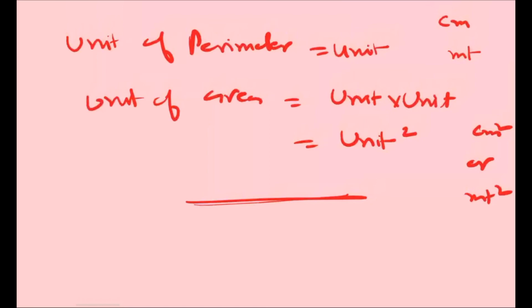Okay, before finishing this lecture, I would like to say that in the next lecture of this chapter, perimeter and area, we will do exercises on square, rectangle, triangle, rhombus and other figures, whatever you studied in this chapter. So students, you have to come back in my next lecture about the exercise of area and perimeter. Okay, so wait for the same.